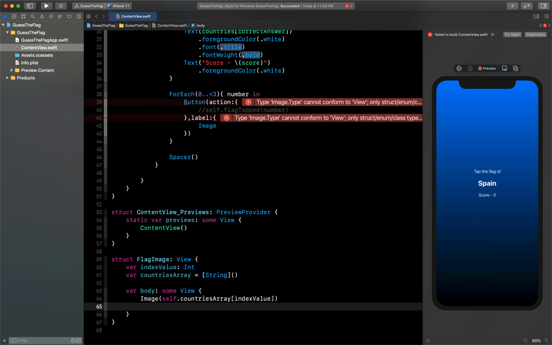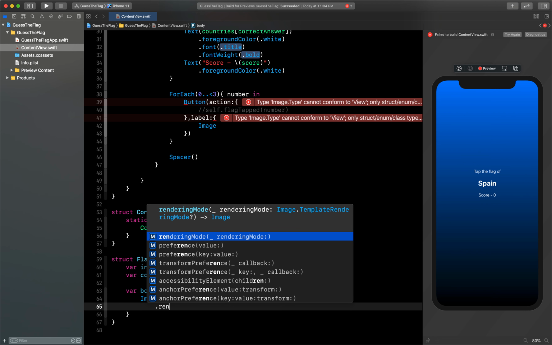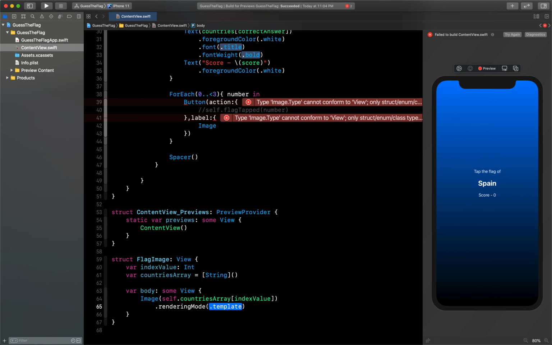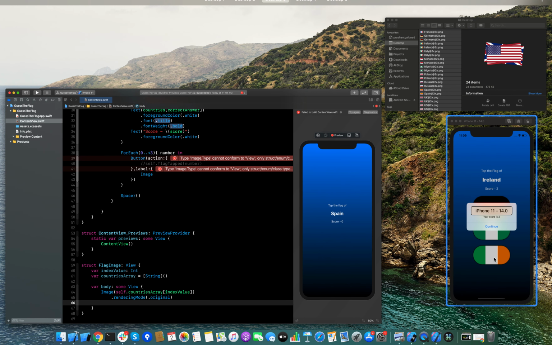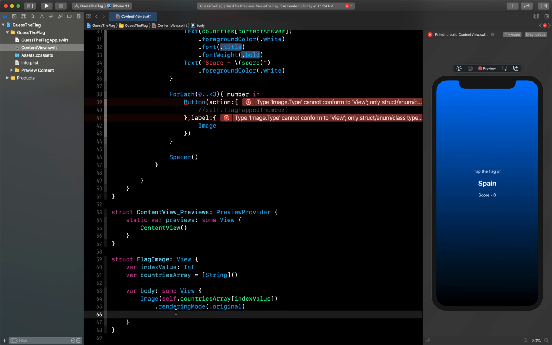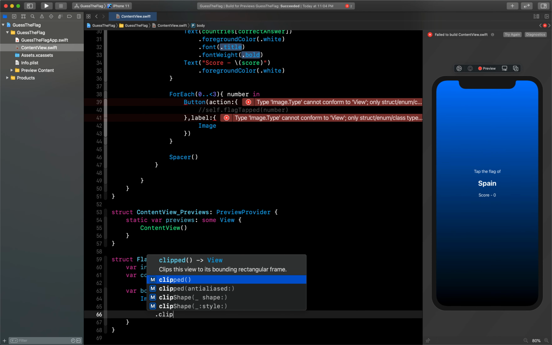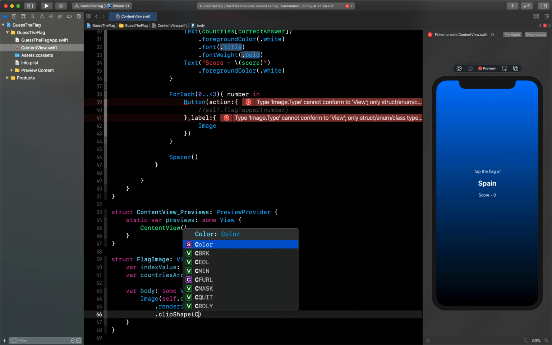And now I need to give some modifiers to this. First will be rendering mode, I will say dot original. Then I need to give some clip shape. As you can see, these flags are in capsule shape, so we need to give that shape here. So clip shape we have to pass as Capsule,